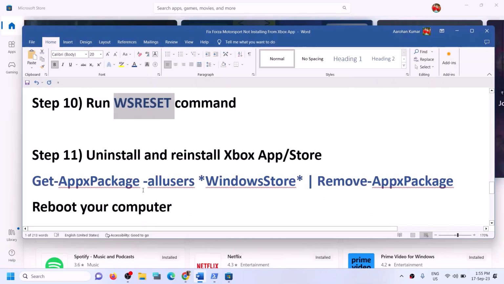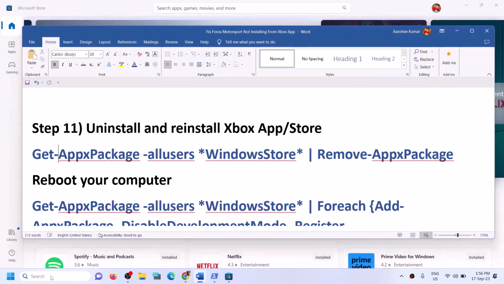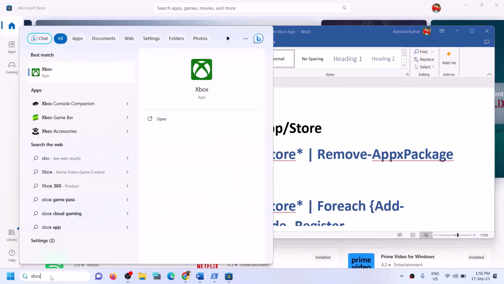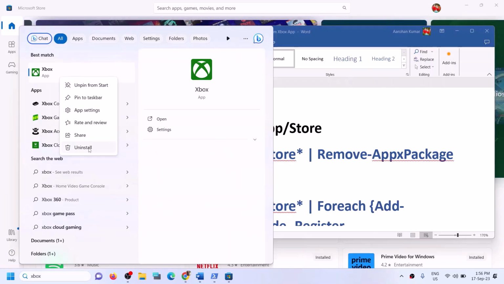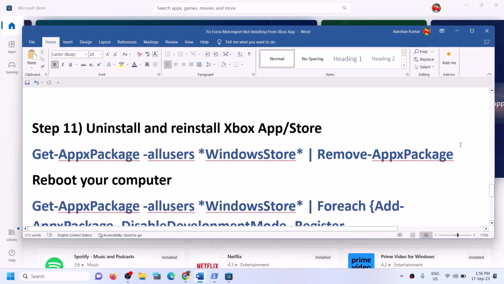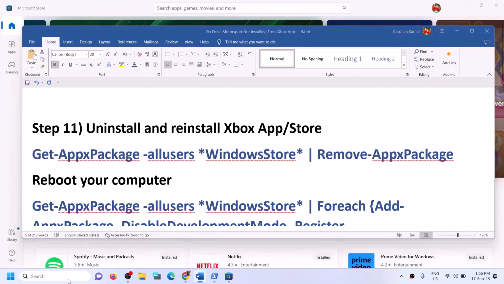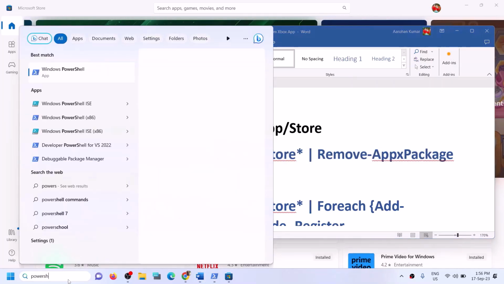Now the next step is to uninstall and reinstall Xbox app and Microsoft Store. Now to uninstall Xbox app, you can type in Xbox app in Windows search box and then make a right click on Xbox app and then click on uninstall. Now once Xbox app is uninstalled, now copy the first command and then type in PowerShell in Windows search box